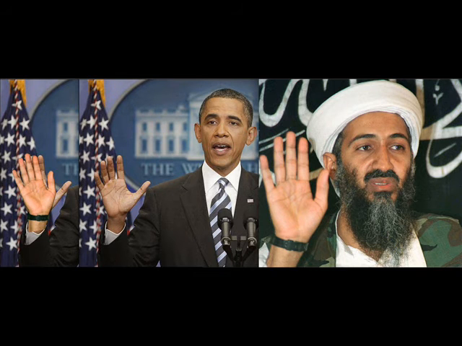What you're looking at now is a photo of the palm prints of President-elect Barack Obama and Osama bin Laden #2. Let's study the photos and you can make your own determination as to what you believe.